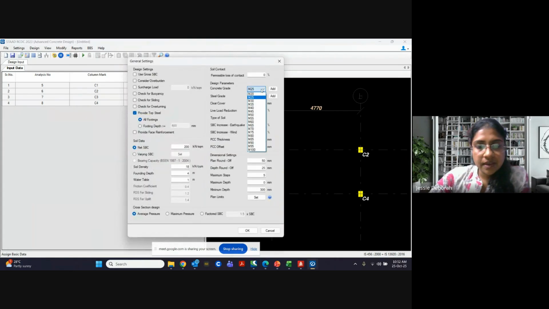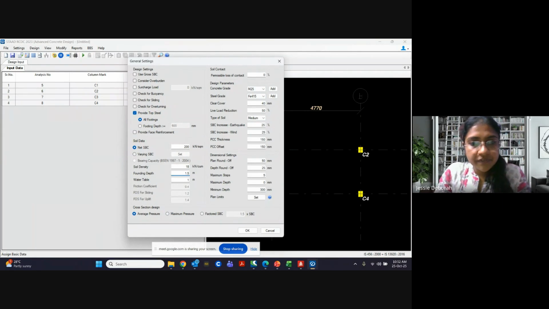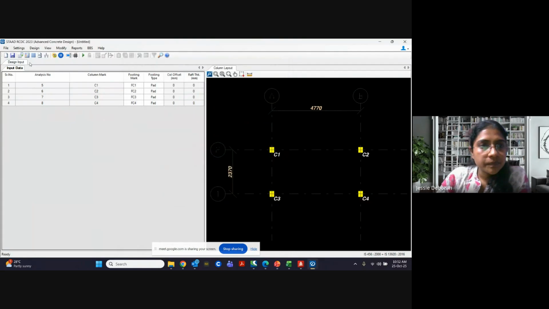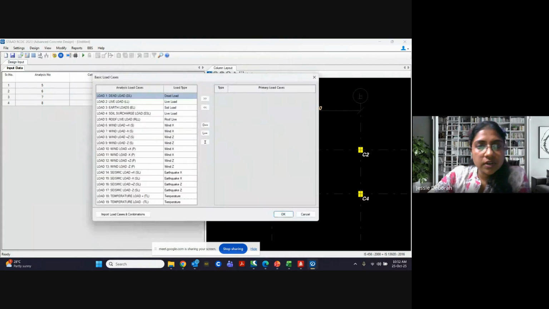So M25, Fe415, clear cover, all this you will give, and then it will take automatic factored load. You will take average pressure here, and then your founding depth will be at 1.5 meter. Water table is not there, so somewhere below 10 you will take. You will give okay, and then you will give auto design.